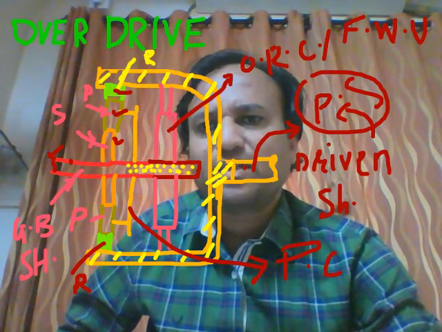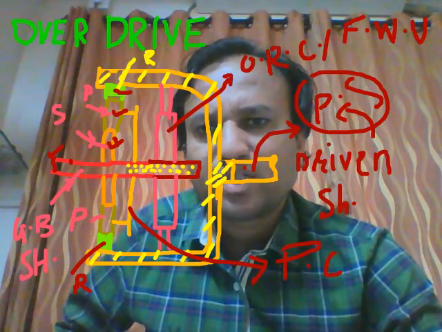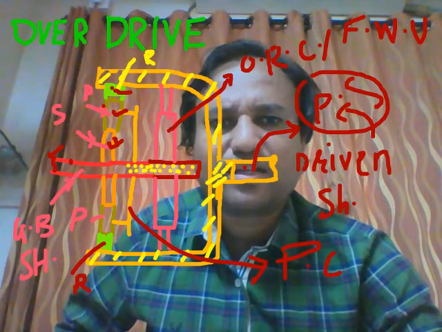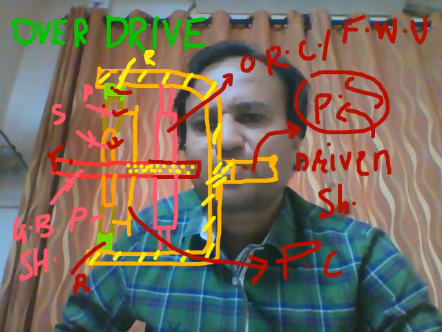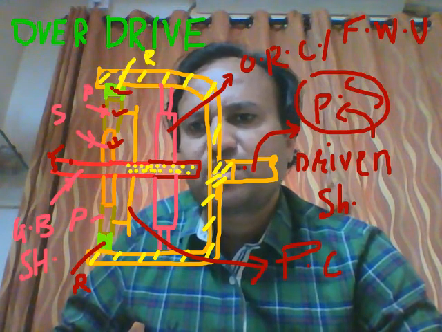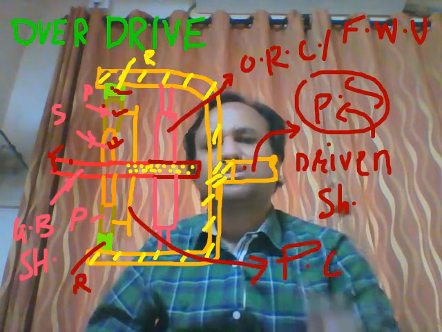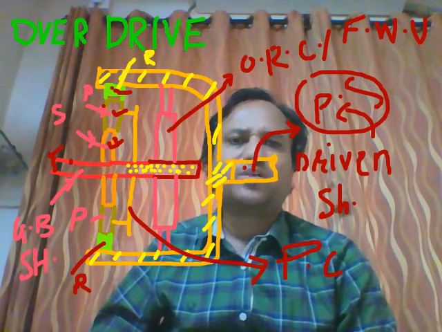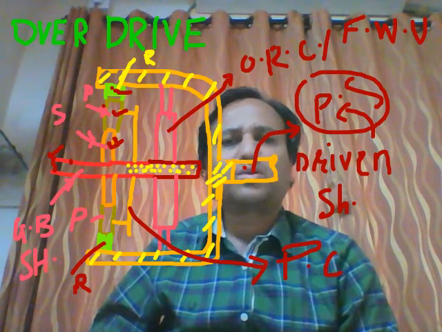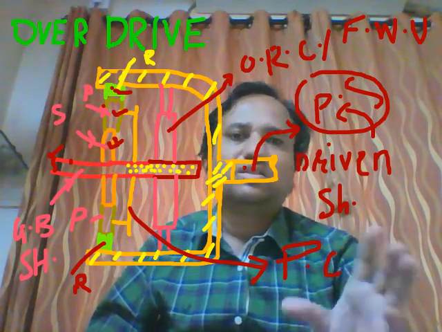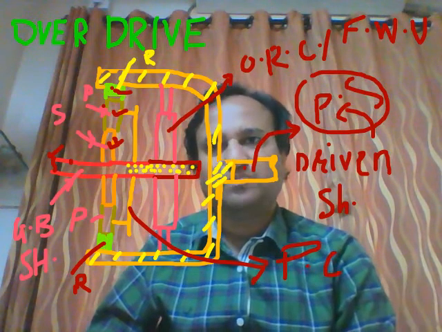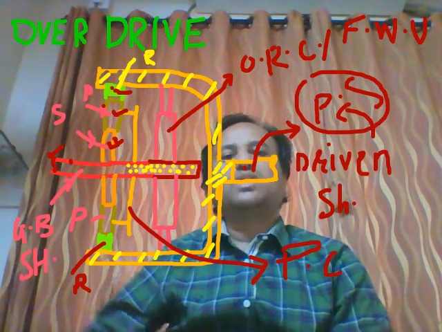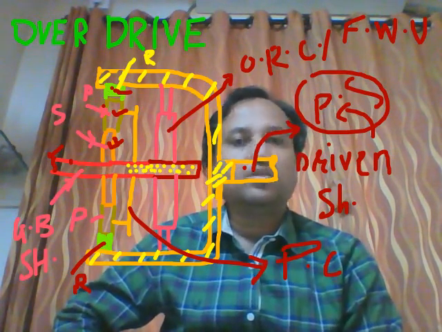So planet gear, sun gear, planet gear, ring gear, this is the cover plate. The ring gear is connected to the driven shaft, then the gearbox shaft is connected to the sun gear. So simple construction, student. The function of overdrive is that it runs the propeller shaft faster than the engine shaft. So student, the next component in the power transmission system will be the propeller shaft.